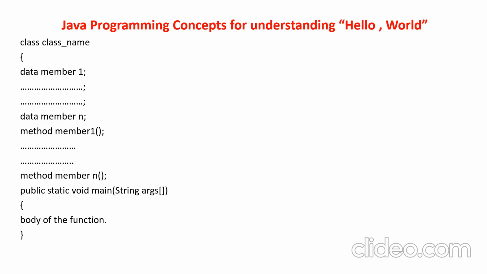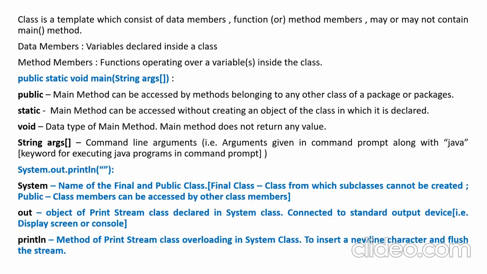If I want a class belonging to a particular package to be accessed by classes belonging to other packages, I need to declare the main method. If I want the main method inside a class belonging to a package to be accessed by methods belonging to the classes of other packages, I need to declare main as a public method. Public method means any class methods can access it. There is no restriction to it.